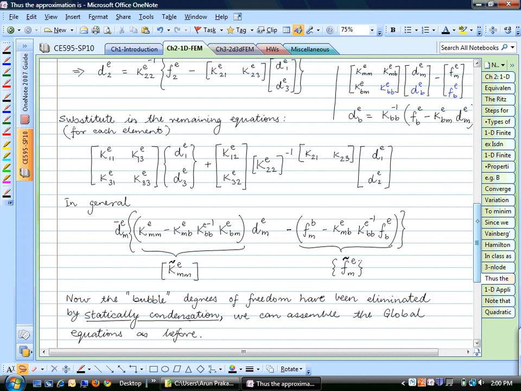So here's a couple of other terminologies also. This term right here is called the Schur complement. The Schur complement of the bubble shape functions. And this is the contribution in general. If you do a static condensation for some degrees of freedom, this is the kind of contribution that you will always get. You will get some K transpose times inverse times a connectivity matrix. So